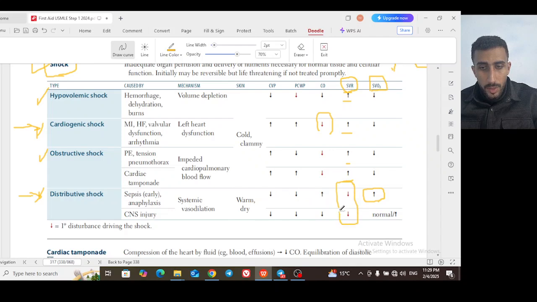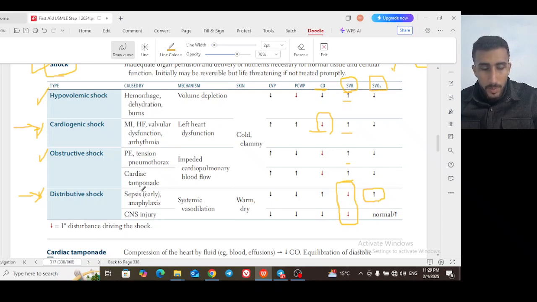So these are the different ones here. The distributive shock involves a decrease in the systemic vascular resistance. So for the cardiac output, of course, in cardiogenic shock the defect here is in the heart. So cardiac output will be decreased, and in obstructive shock, pulmonary embolism and different kinds of things will obstruct